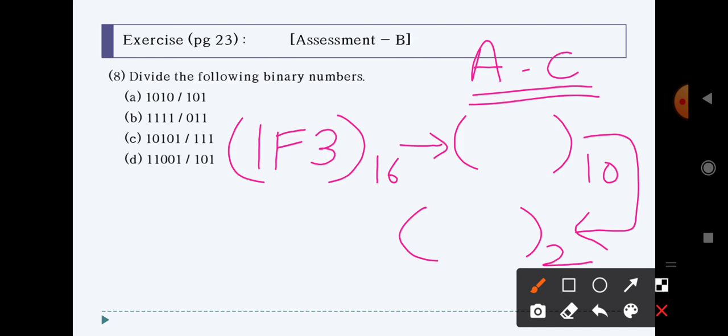In this question, what they are actually showing you is a three-way conversion. Firstly, this is your hexadecimal number. You have to convert the hexadecimal number into your binary number. After that, when you get this binary number, you have to convert it into your decimal number. You have to do this by yourself. This is also your homework.